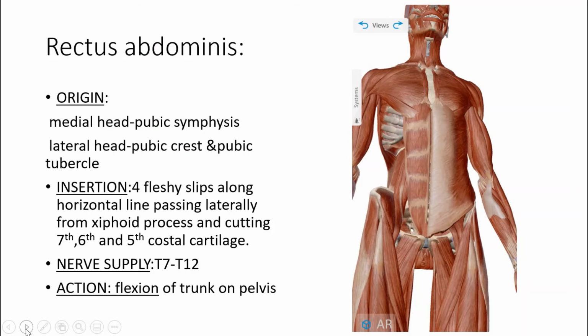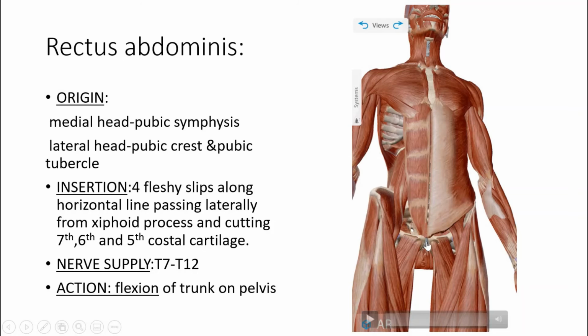So moving on to the vertical muscle. So we have two vertical muscles, which is rectus abdominis and pyramidalis, which is present in nearly 20% of people. So rectus abdominis is a long, flat strap muscle. It extends vertically upward from linea alba, from the pubic symphysis below to the costal margin above. So as you can see here, it widens as it ascends from the pubic symphysis to the costal margin. The breadth is thicker and wider, and it narrows downward.